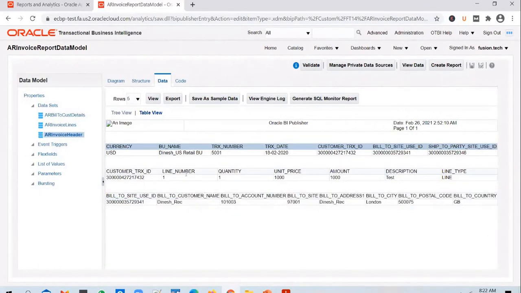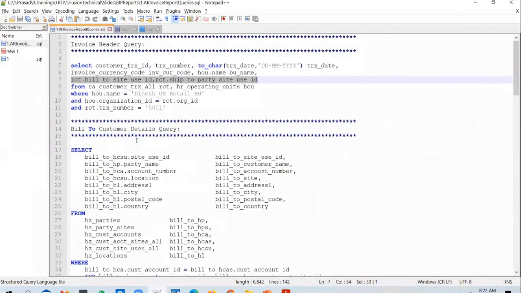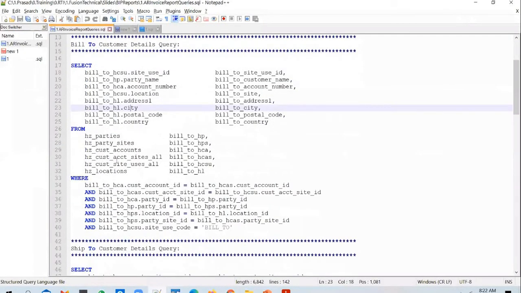So if you're looking at a complex query like this for the first time, after the session, probably sit down in the evening and spend around half an hour trying to understand how we have linked these tables. It's quite simple. All you need to do is identify what tables are used and how those are linked together. In real time, you won't be writing queries which are as complex as this on a daily basis. In fact, you get these queries or queries of this sort readily available in Google or support.oracle.com. So you don't need to write it yourself.